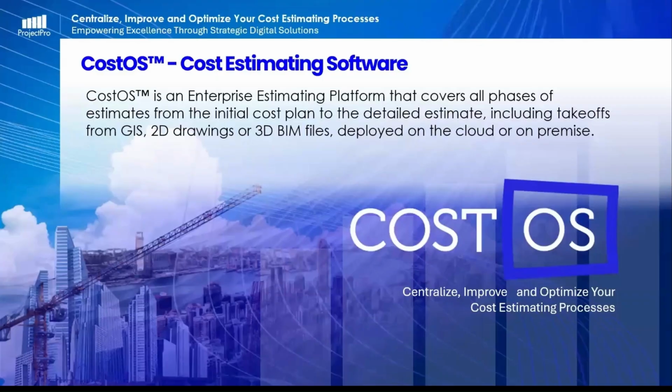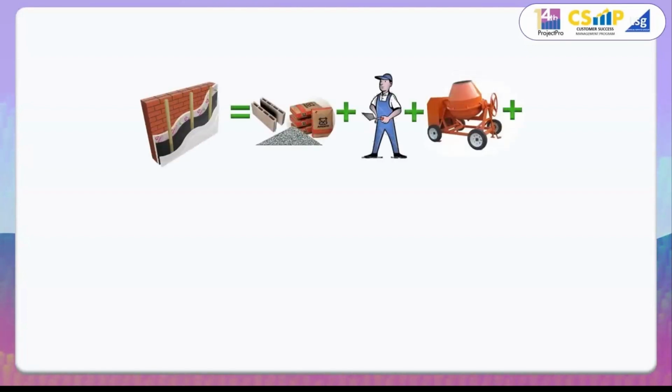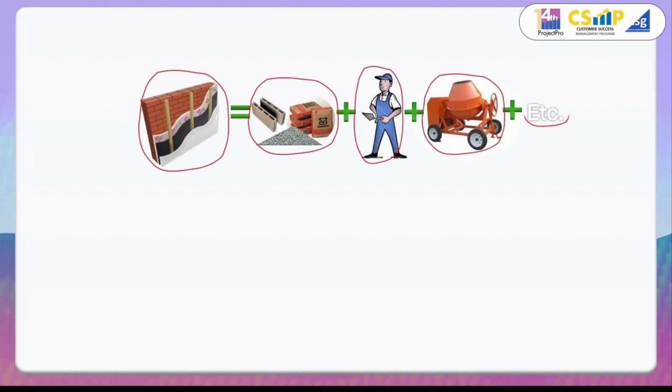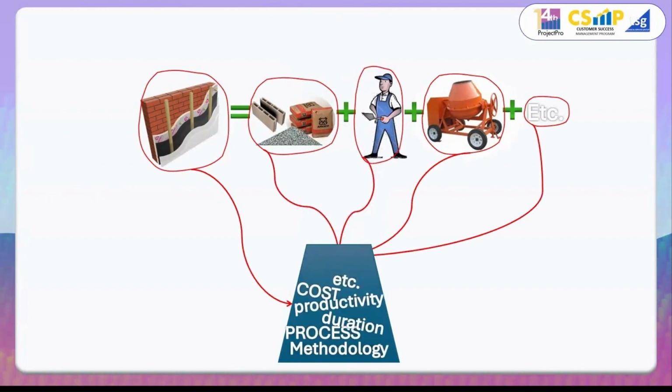So again, it's CostOS. So what does CostOS do? So simply, para hindi rin tayo ganong ma-confuse, it also actually captures the way that we're estimating our line items. However, in such a way that it actually captures everything. Anong ibig sabihin pag sinabi mong captures? Ngayon kasi, we're doing our estimate plainly on an Excel file wherein every estimate or every project will then have its own Excel file. Okay?